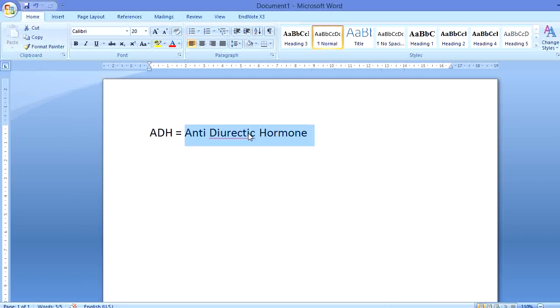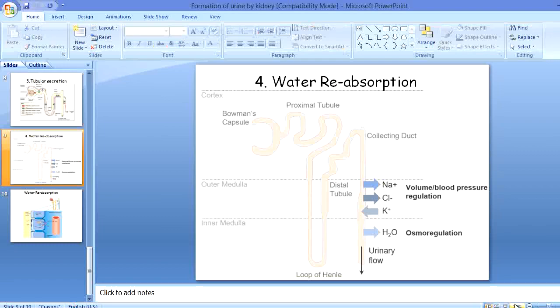Antidiuresis means anti-urination. So this hormone is against the high volume of the urine. This is antidiuresis. This hormone is against urination. Why is this against urination? Because